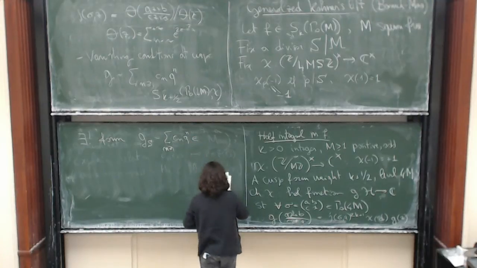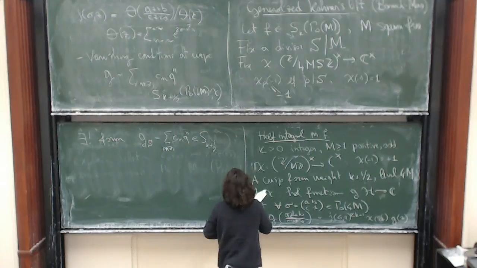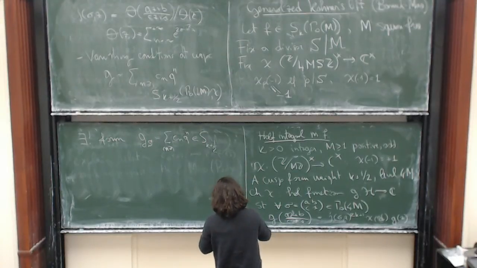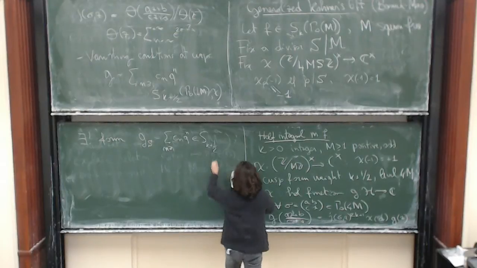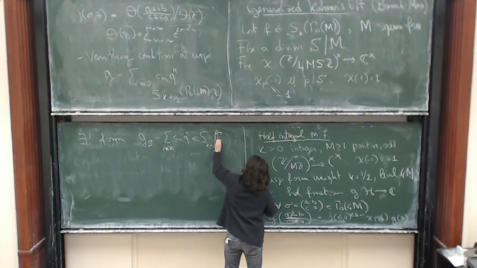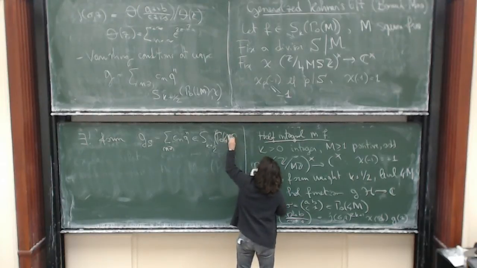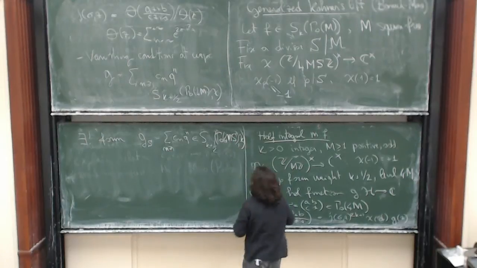And this is a half-integral modular form of weight k plus 1/2, level gamma 0 of 4mS and character chi, such that